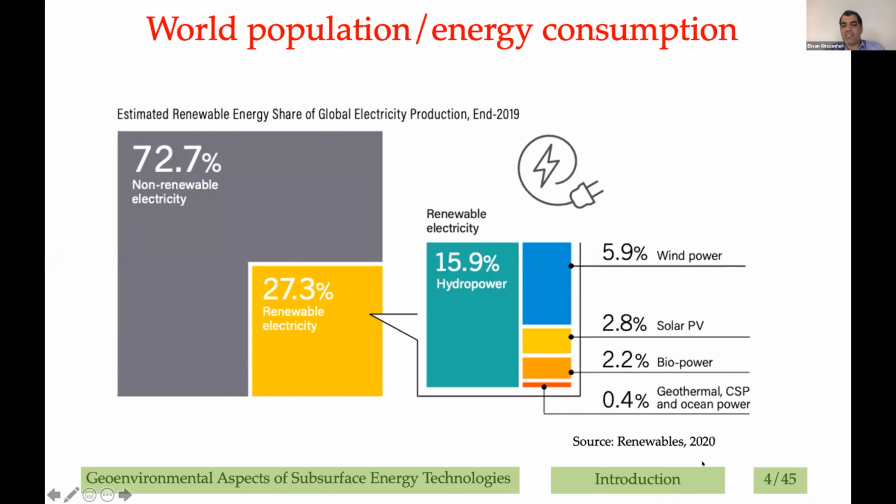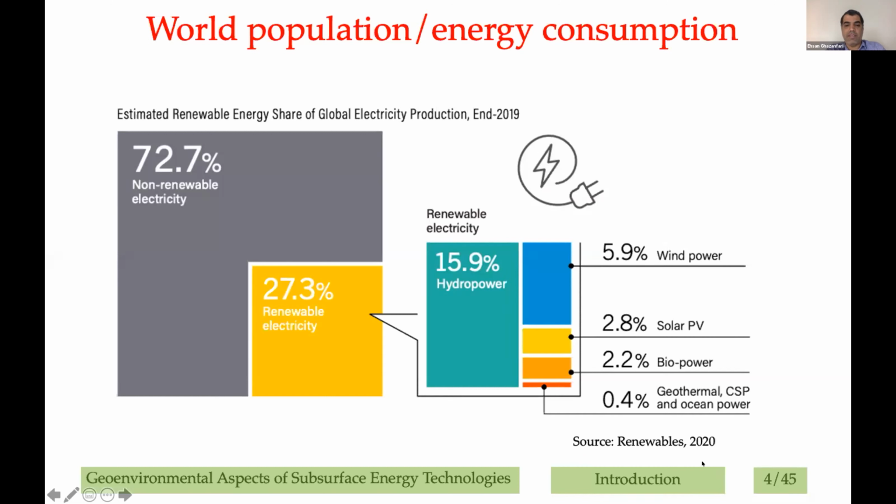And then you'll see that the geothermal that I'm going to briefly touch on today has very small share, around 0.4% globally out of the renewable energy. So there is a lot of potential for geothermal to contribute more in the future to the advancement of the